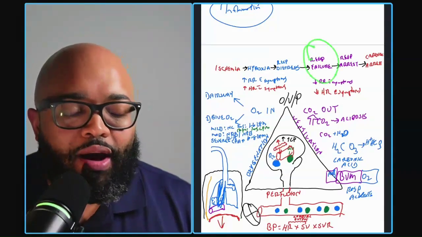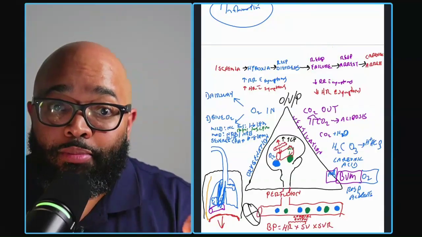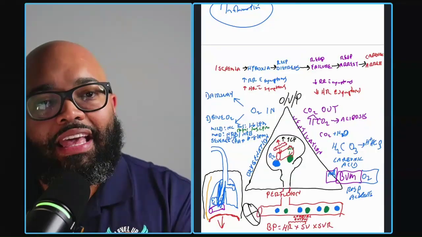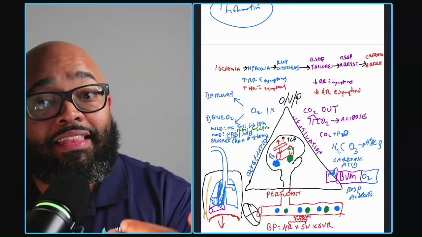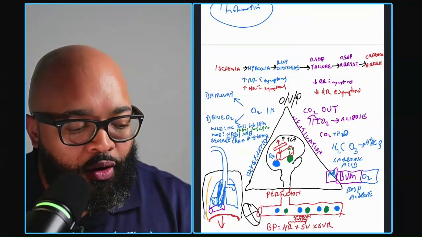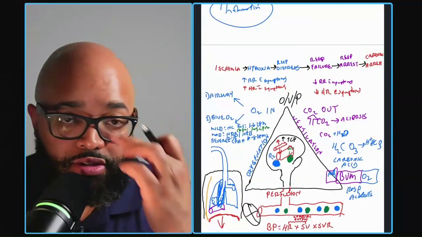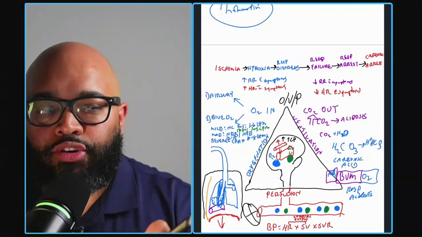So we're going to still go ahead and treat this as a ventilation problem with positive pressure ventilation through a BVM. However, if in a short period they don't improve and the heart rate does not go back up, now we're going to treat them like they're in cardiac arrest and go straight to chest compressions. But we start with ventilations first.